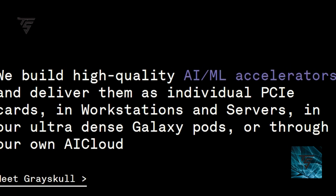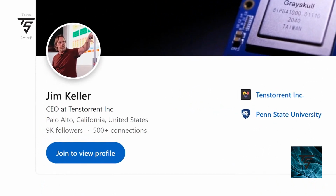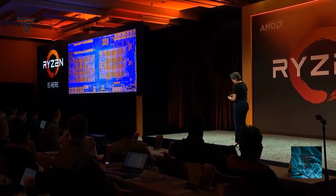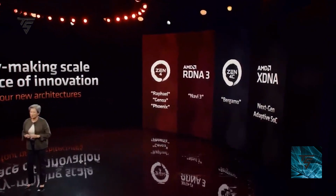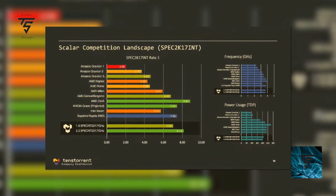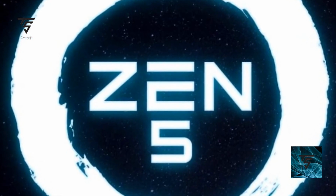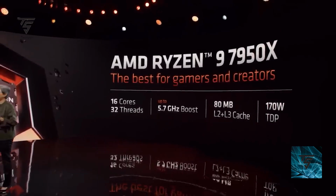Moving on, we have some news regarding Zen 5, and it comes from Tenstorrent, and the CEO of Tenstorrent is Jim Keller, who made the first Ryzen architecture. So he basically knows most of the things regarding the architecture of Zen 5. He goes over AMD Milan, where we saw a 15% increase over Naples, but when you see it in Zen 5, compared to Bergamo and Genoa, it shows over 30% of increase. So the claims which Red Gaming Tech was making